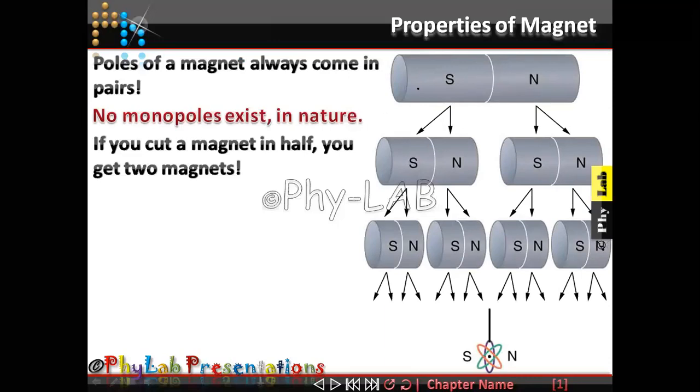So if I break any bar magnet into two parts, those two independent parts will also develop two poles. You can see if I have broken this one long cylindrical magnet into two pieces, those two pieces also will have two independent poles. If I go on breaking these bar magnets to whatsoever level, even at the atomic level, you will find that every atom has a magnetic dipole.